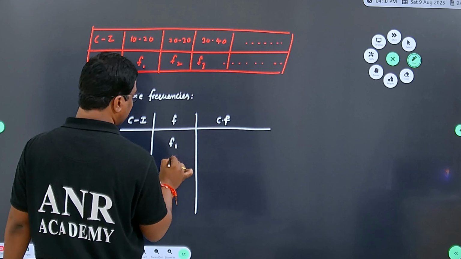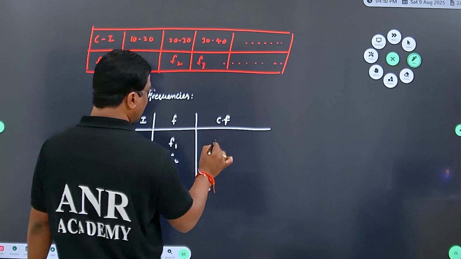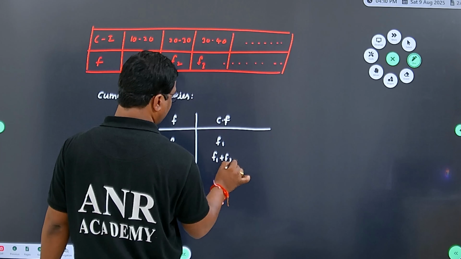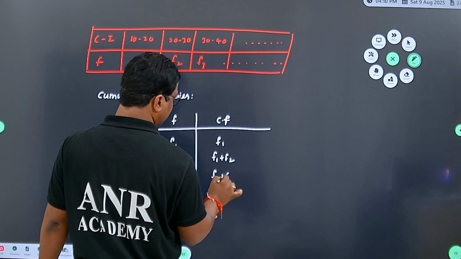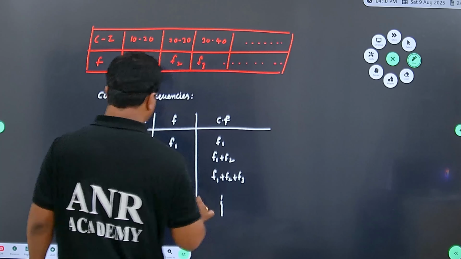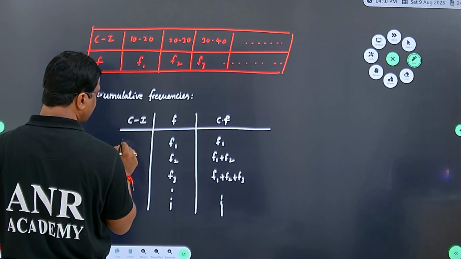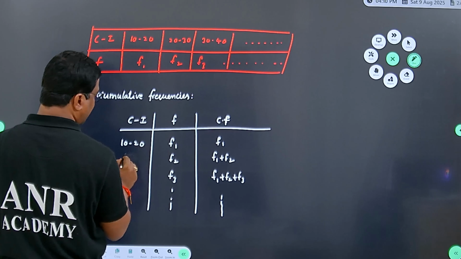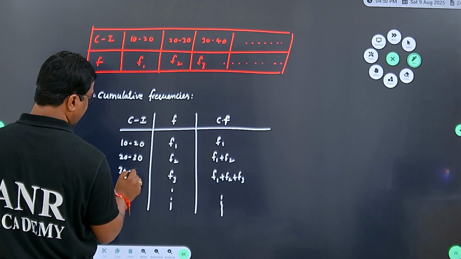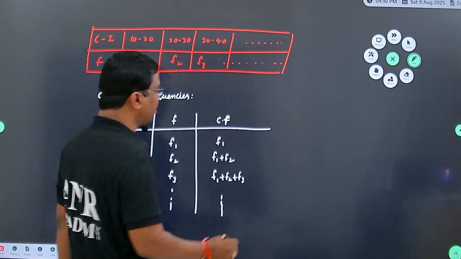Suppose frequencies f1, f2, f3 and so on. Cumulative frequencies: f1, then f1 plus f2, f1 plus f2 plus f3 and so on. Suppose class intervals, for example 10 to 20, 20 to 30, 30 to 40. If you have such type of questions,